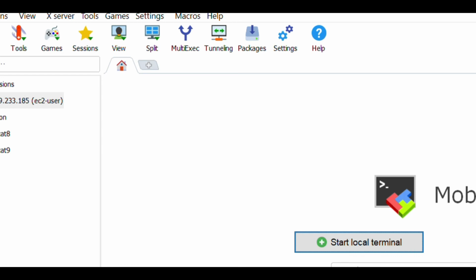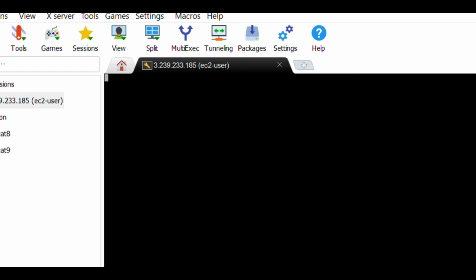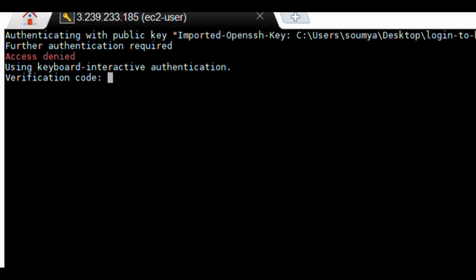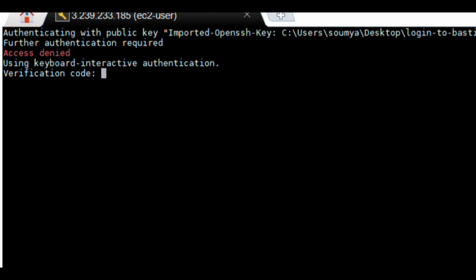Let us check how MFA works while you are logging into your bastion server. The first thing that happens when you are logging into your bastion server is it authenticates with the SSH key pair. After that, since you have configured the SSH daemon to use challenge response authentication, it asks for a challenge response.